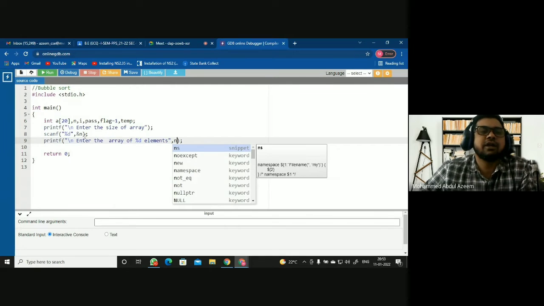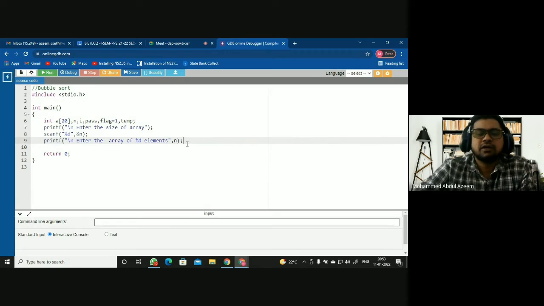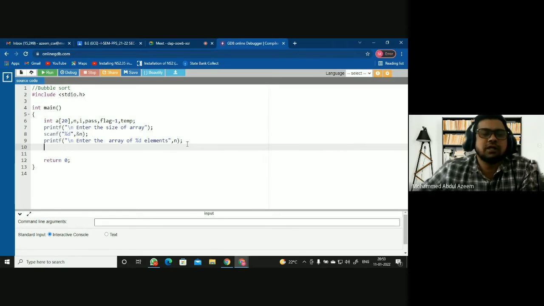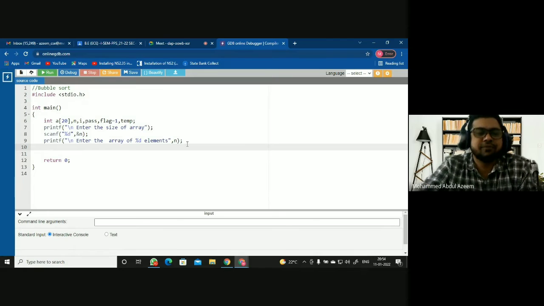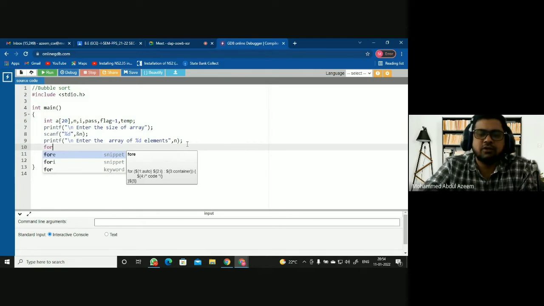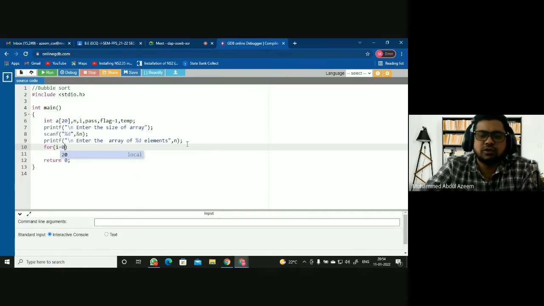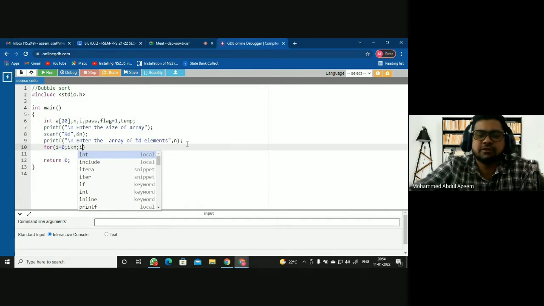So I have already read n before this statement, so that n value will be printed here, telling the user how many elements are to be entered for this array. So to read an array, you need a for loop here. i equal to 0, i less than n, i plus plus.